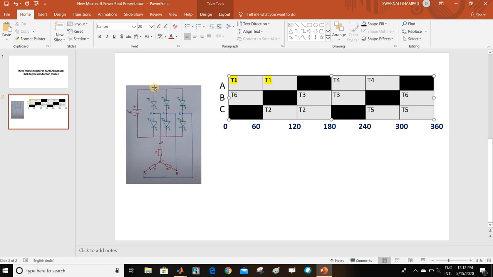That means positive side of VDC will be connected with T1, then it will move to the load of phase A, then from neutral point it will go to load of phase C, then from C it will come to T2, and from here it will go back to the supply. That means negative end will be connected with the C. That means your VAN will be again plus VDC by 2. VCN will be minus VDC by 2 as the negative side is connected here, and as T3 and T6 will not conduct, this is an open circuited path, so VBN will be 0 for that.